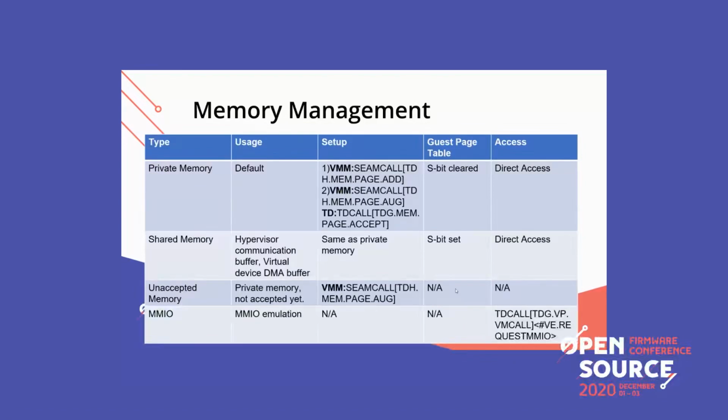Shared memory is memory that can be accessed by the hypervisor. It can be used for hypervisor communication or virtual device DMA. The shared page setup is the same as private memory. The only difference is that there is a shared bit in the page table entry. It's also known as the S bit. When the S bit is clear,